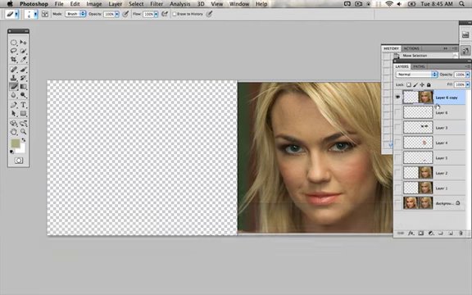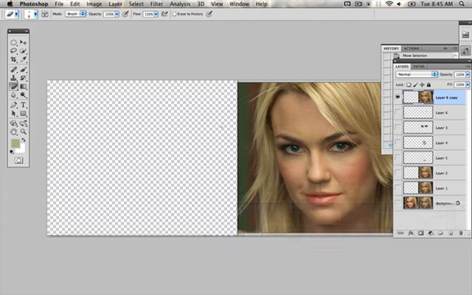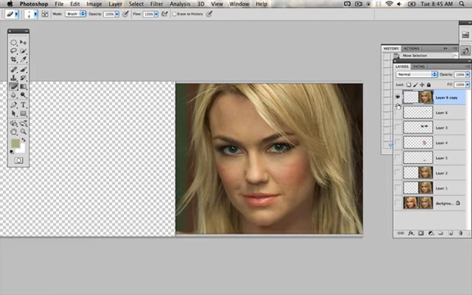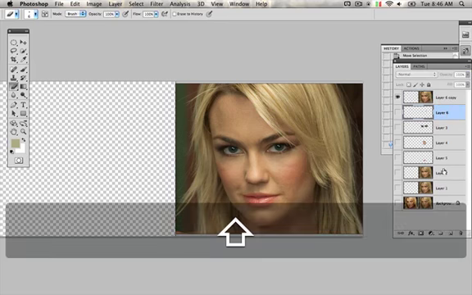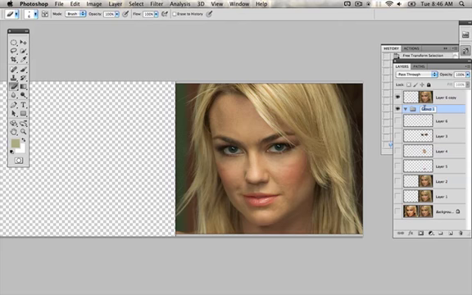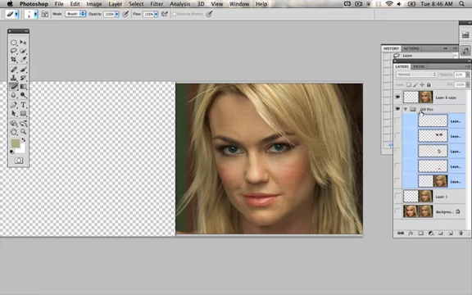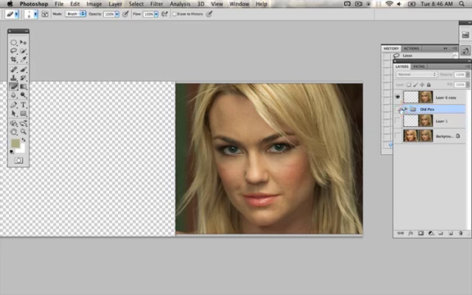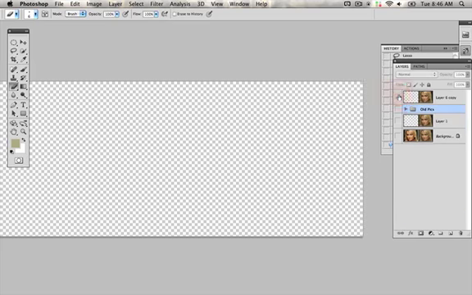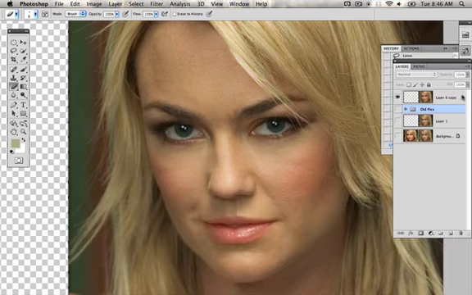All right, you'll notice that we have more layers in this document than I think we've had in any other document up to this point. It just keeps duplicating the layers, just so we have a backup. We can always go a step backwards. If I wanted to keep this organized, I could select all of these. I could create a new folder and title it like Old Pics, and just click and drag this into the folder, get rid of it. I can do that. I can keep it organized, what have you. So I am going to now duplicate this layer